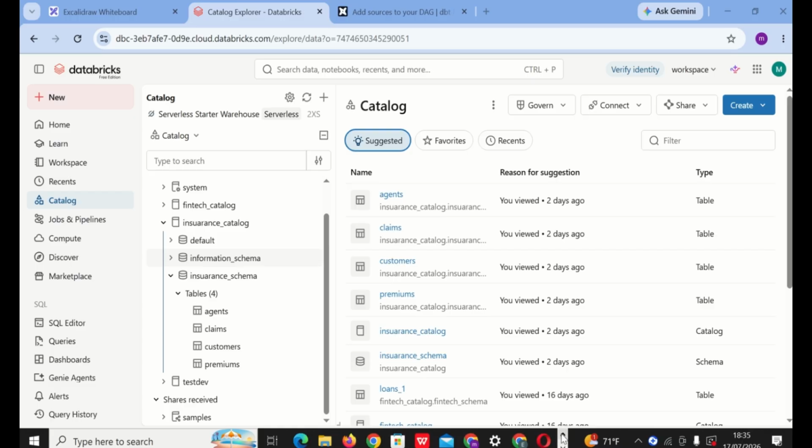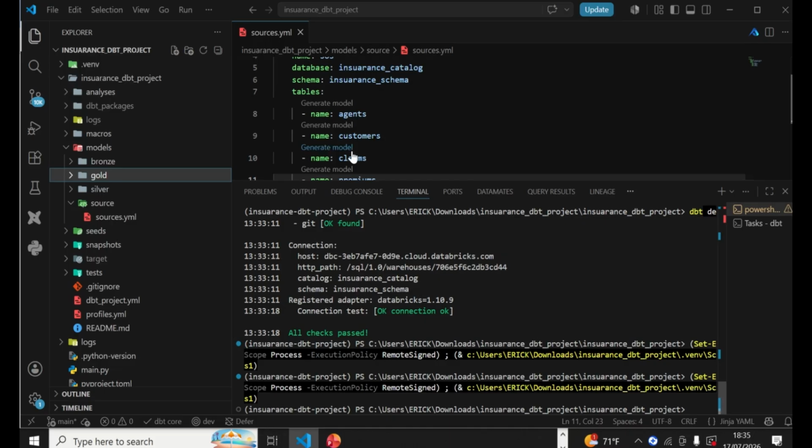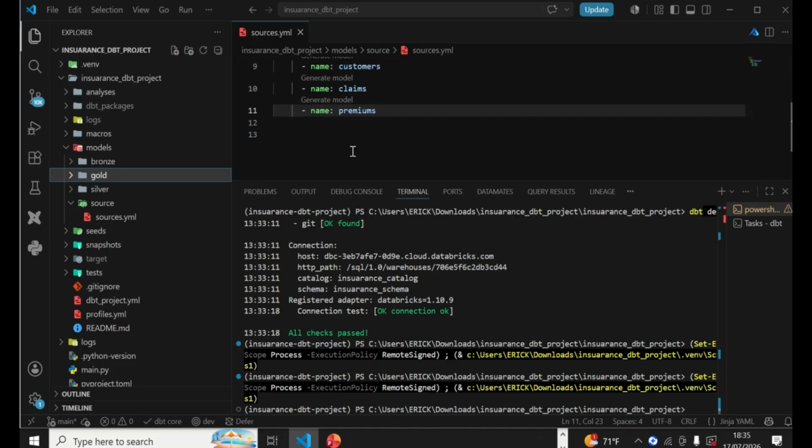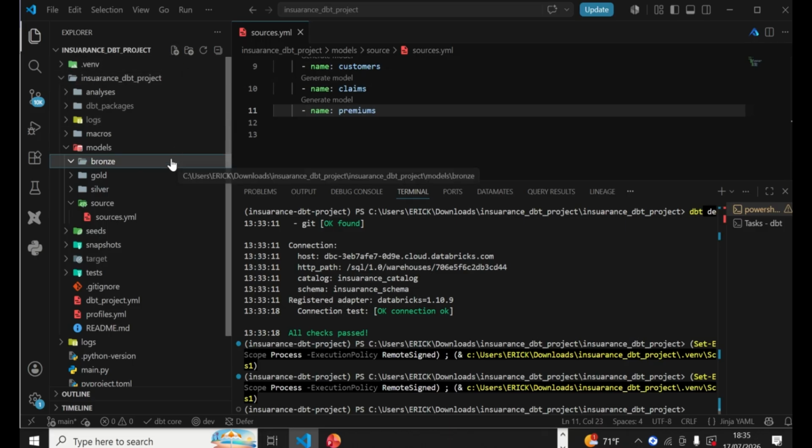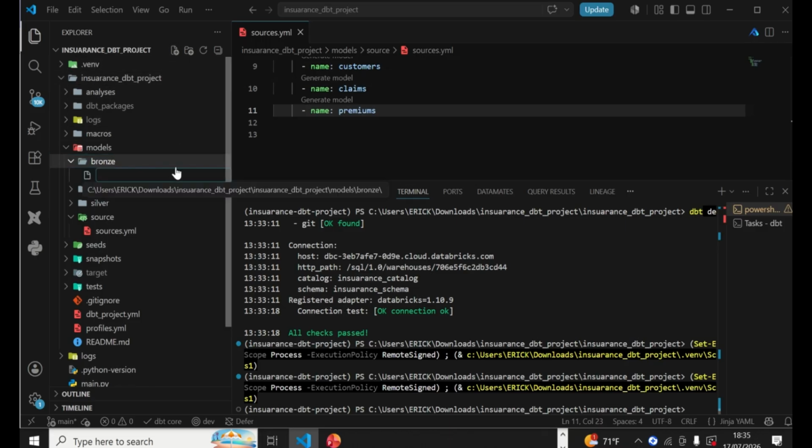Yeah, so right, yeah, so let's start with the bronze. So in the bronze, click the bronze and then come to this button here. So let's create the table in bronze, label it as BRZ, and then let's start with the agents